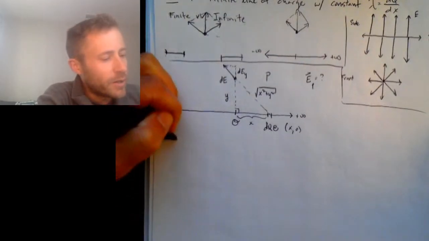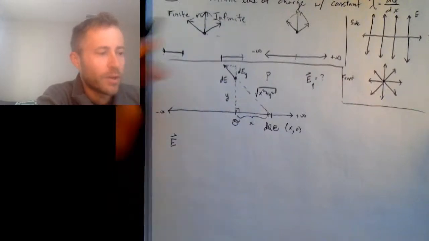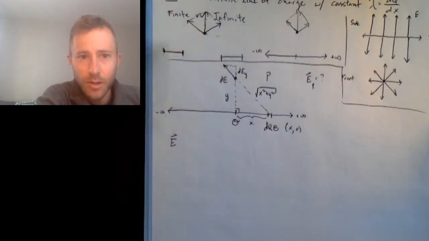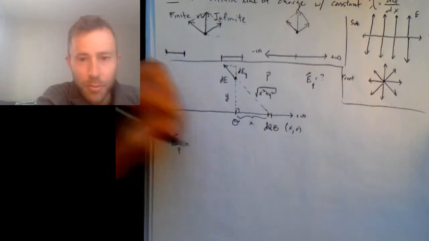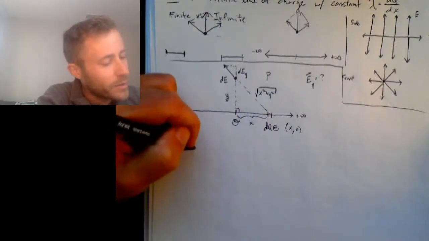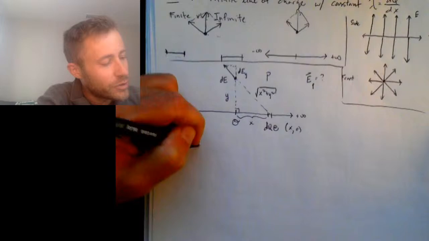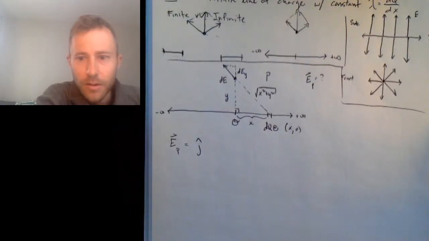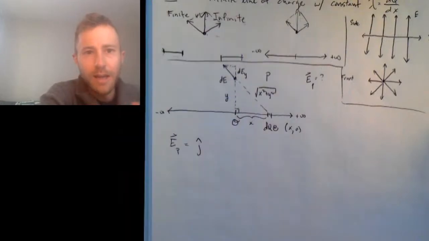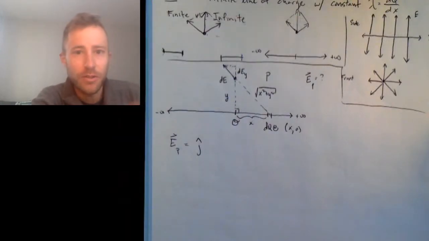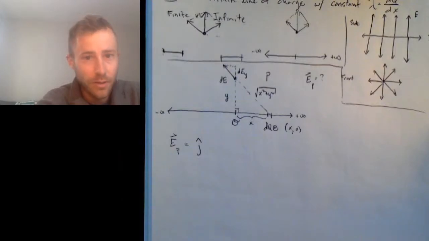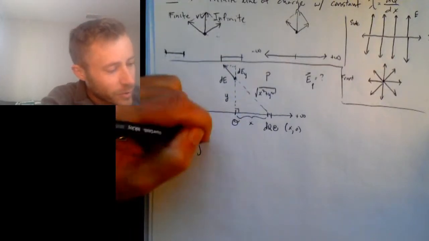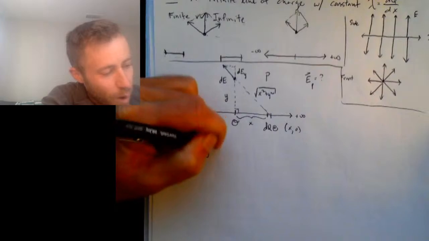Because we know, according to the symmetry argument I just gave you, the electric field at point P is going to point in the j direction, there's no point in adding up the x components, because I know the x components are all going to cancel each other out in the end. So all I'm going to do is integrate the y component